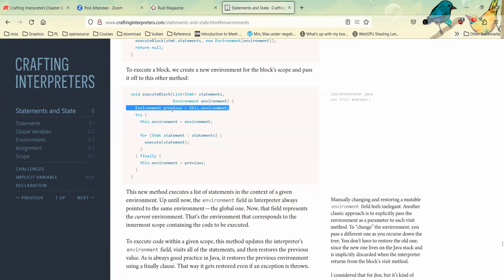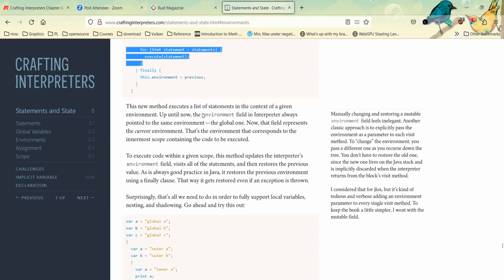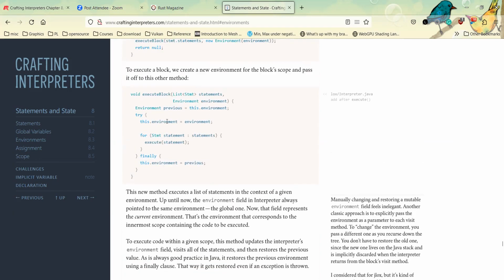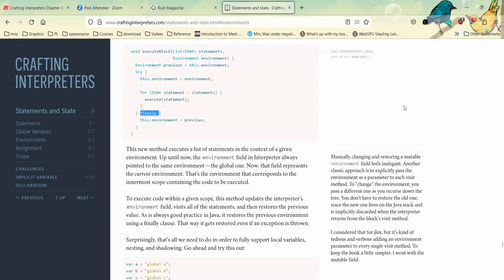We just loop and then execute for each statement. So in here, the approach is to manually change the environment and restore it with this finally block.